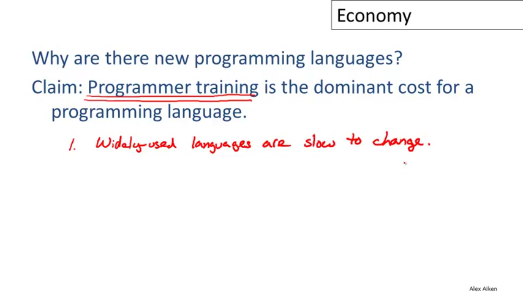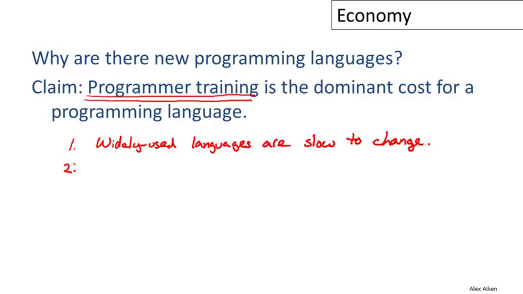So as languages become widely used, their rate of change will slow down. And this predicts that over time, as the world of programming grows, as we have more and more programmers in the world, we would expect the most popular languages, which will have larger and larger user bases, so larger and larger programmer bases, to become more and more ossified, to evolve more and more slowly. And I think actually what you see in practice is very consistent with that prediction.